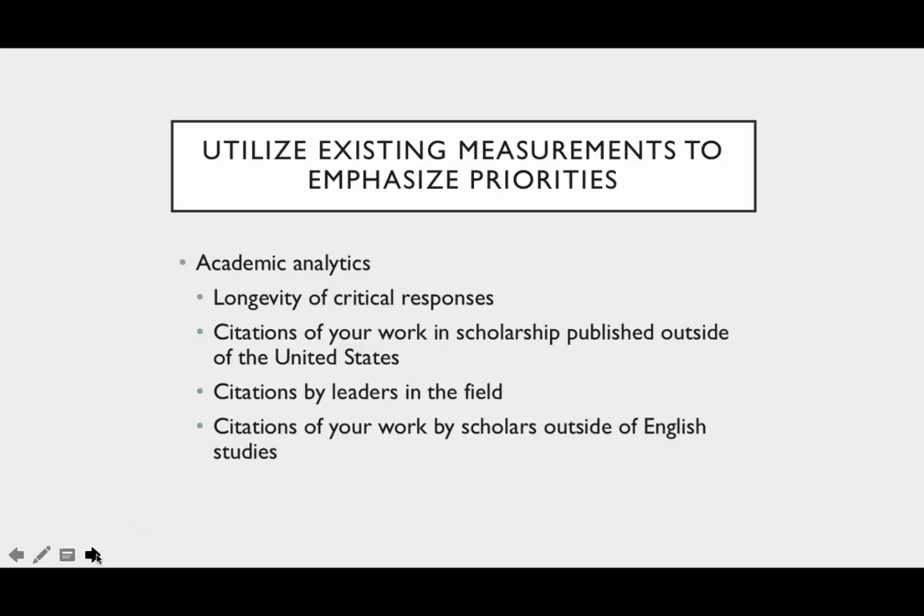The other thing I want to end with is that as we're looking at these multiple tools, faculty need to figure out how to pull all these materials together and to use our existing measurements, whether they're Altmetrics or traditional measurements, to emphasize our priorities. So one of the really great things we did in our department during our annual review was to look at academic analytics, and beyond supplementing with Altmetrics, we went through and we said, what are 4 different goals of our department? We knew that some of our goals were interdisciplinary work, or having our work be cited by leaders in the field, or citations of our work